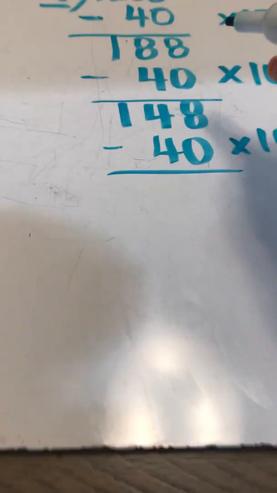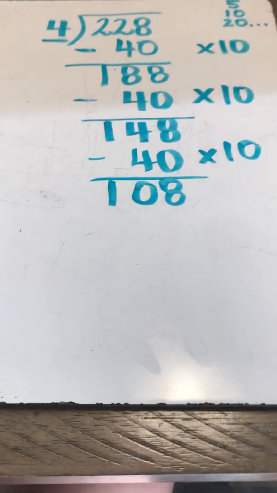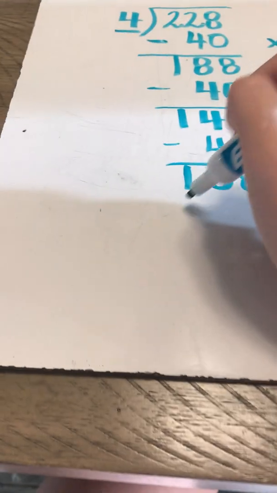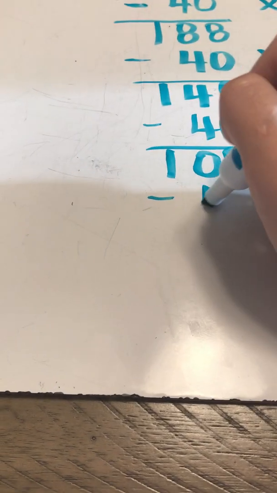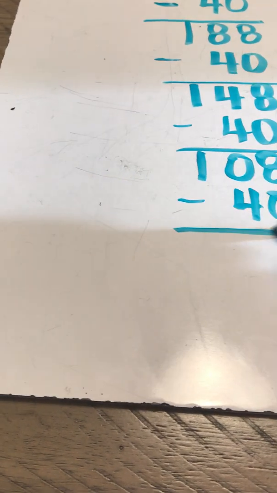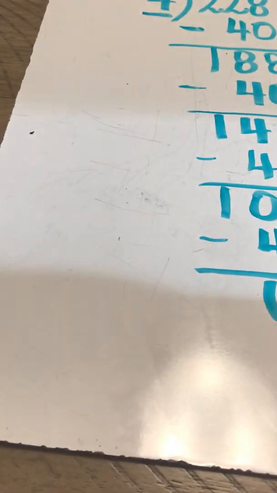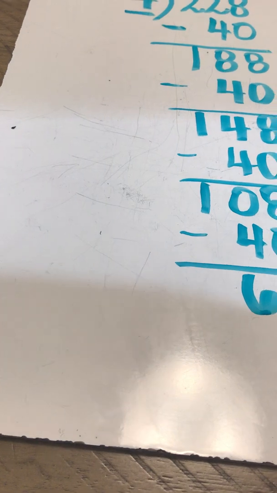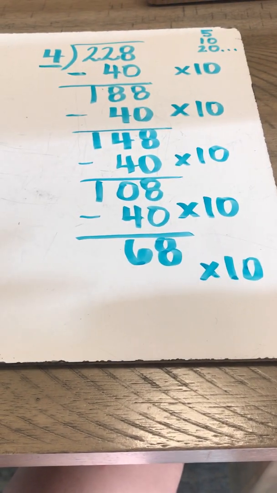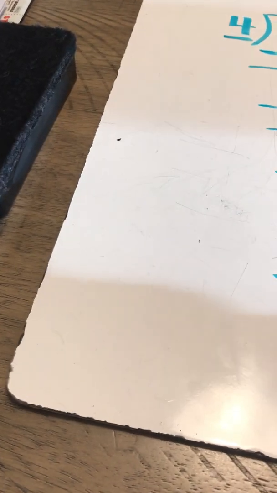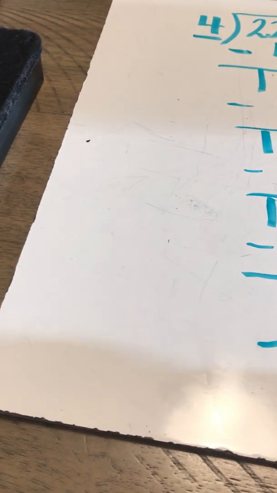And I get that, 108. Okay, getting a little bit smaller, but I can keep going. So I'm just going to keep going and get as close to 0 as I can. So I'm going to take out another 40. And I should get 68. Okay, well I can take out one more group of 40. If I take out 40, I get